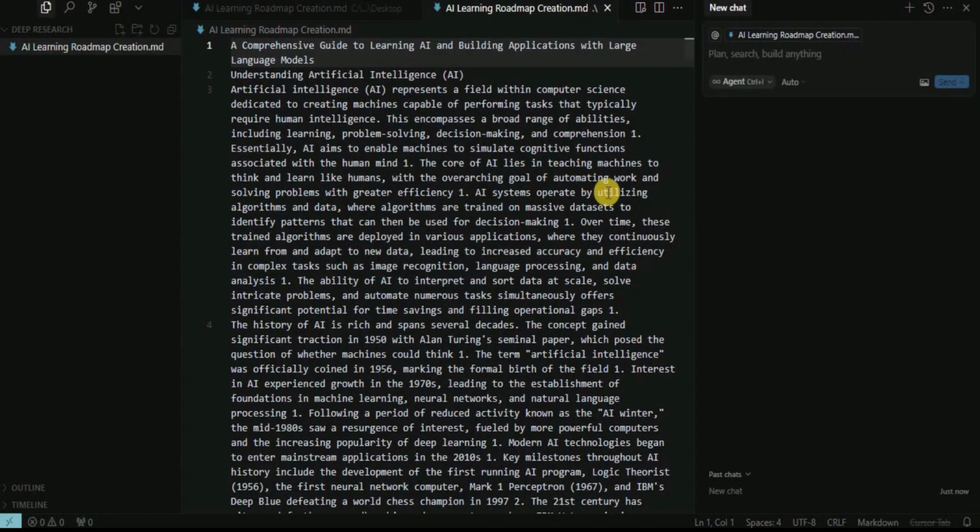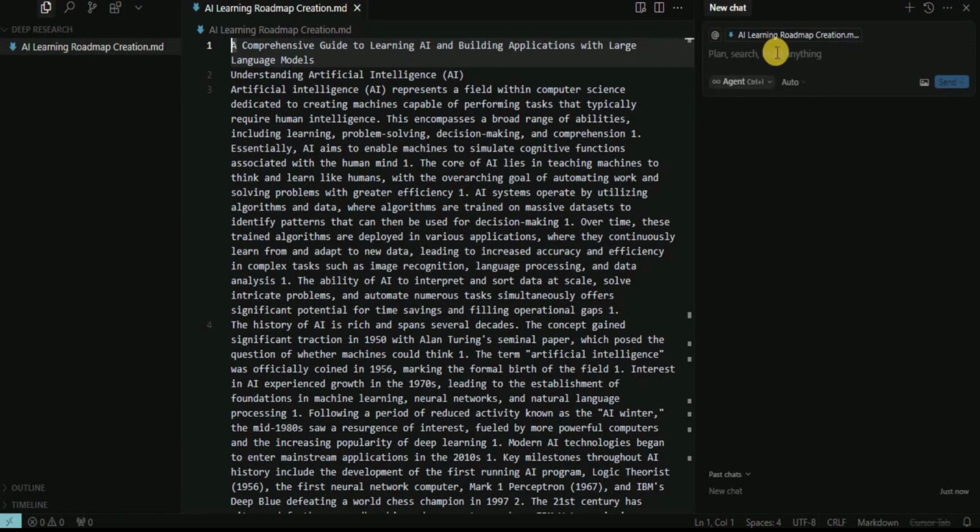So here I'm inside the Cursor, and this is the markdown file for the AI learning roadmap. You can see that this is a markdown file, and for each section of this file, we will have to create an index node to introduce the concept and then to provide the links to the node cards we need to fill. But how can we create it automatically? Well, this can easily be done using the AI part from the Cursor. So here we are going to take two different steps. The first step is to create the index nodes, which is actually a node for all of these sections, and the second step is to create a backlink from the index nodes to the roadmap.